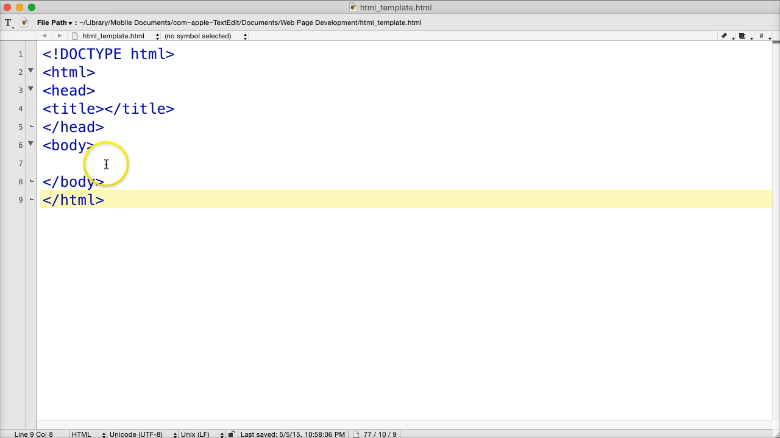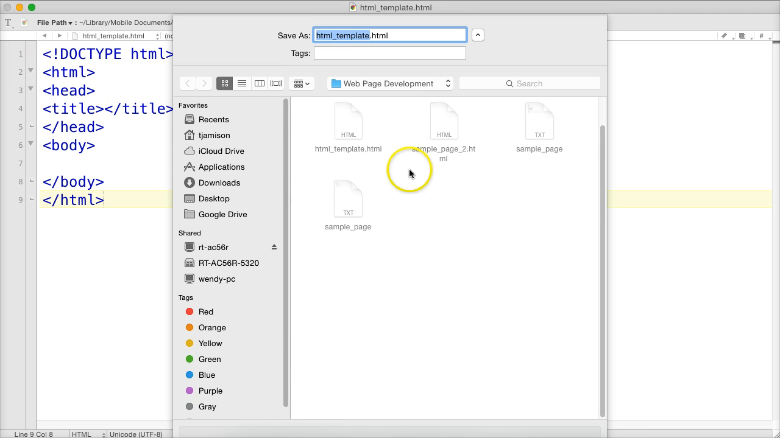All right. Now, here's what we want to do next. We want to go back to that web page we just created, and we want to do a file, save as. We want to save this as something else because we have our template that we're going to use for everything going forward. But now we're going to create a couple of sample pages. So I'm going to call this one HTML sample page